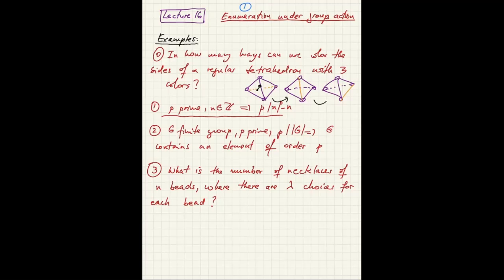You can also get from here to here by looking at this face on the right side, and rotating this face counterclockwise, and you get the other coloring. Okay, so